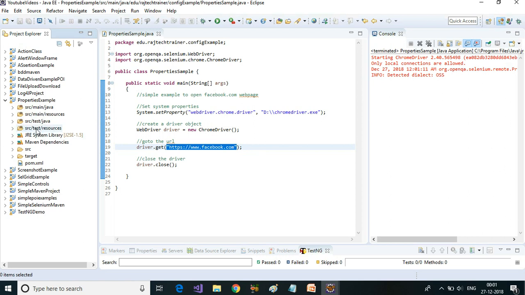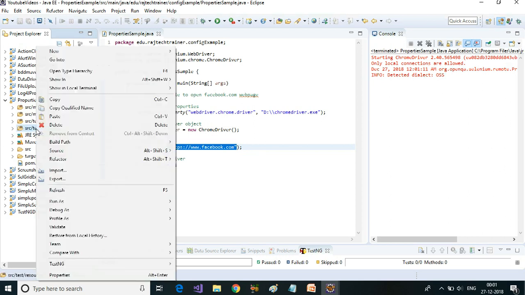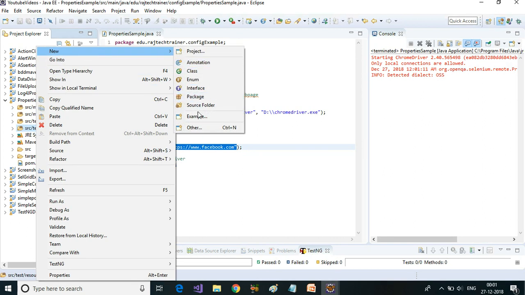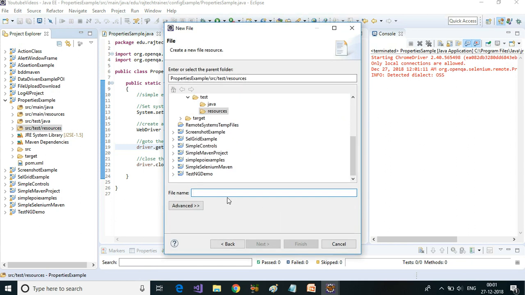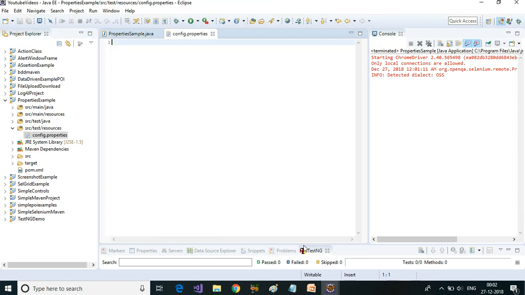Okay, under source test resources, right click, go to new, select other, go to general, file, click on next. So I'm going to call this config.properties file. Okay, in this config.properties I'm going to have one property called base URL